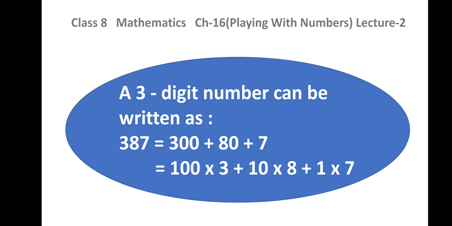So 387 in generalized format will be written as 100 into 3 plus 10 into 8 plus